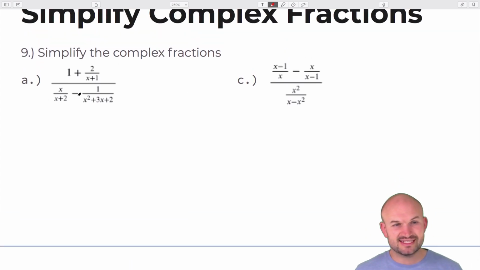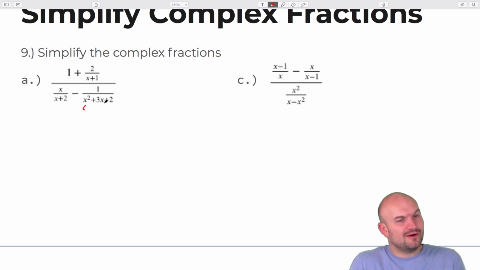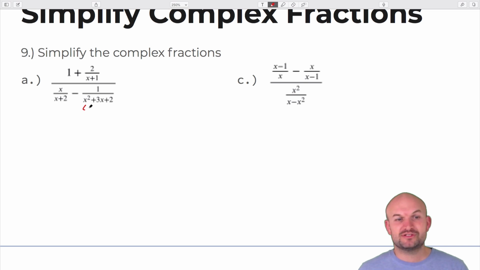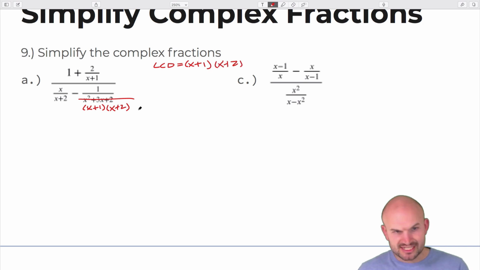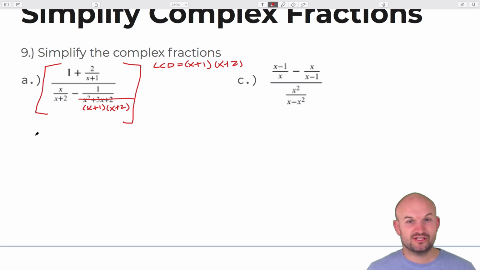In this one, we can see they have three different denominators, but again, we can go ahead and factor this out. And hopefully, it's not always going to be the case, but it's probably a good hint that x plus 1 and x plus 2 are going to be the factors there. So therefore, you can see that my LCD is just going to be the product of my two denominators, because this one shares both of them. So when I multiply everything times my LCD, I'm going to get the factored form,